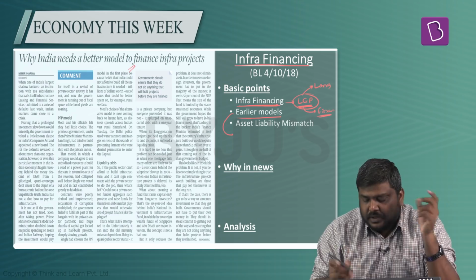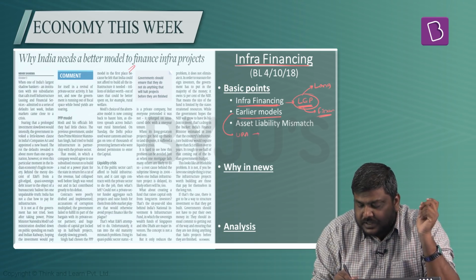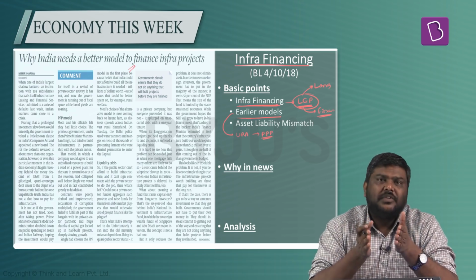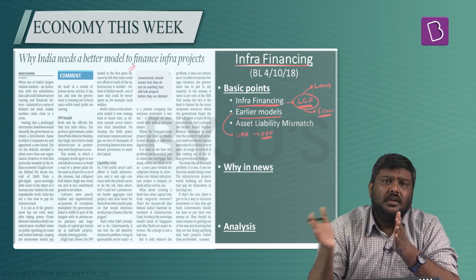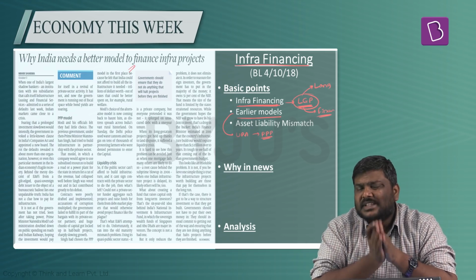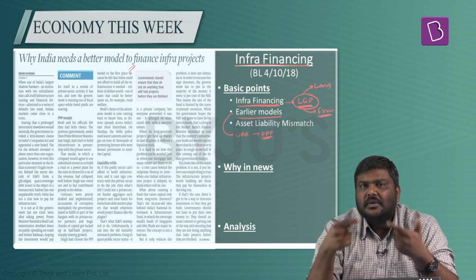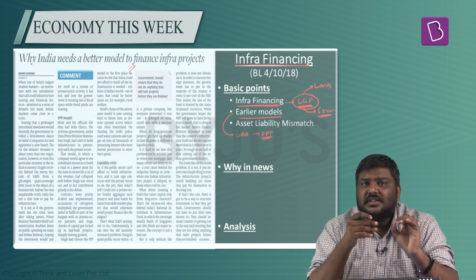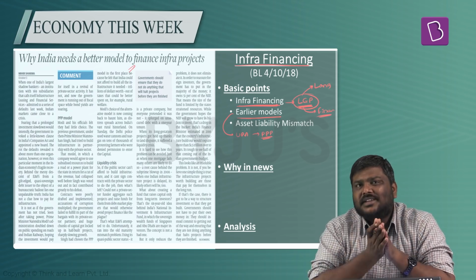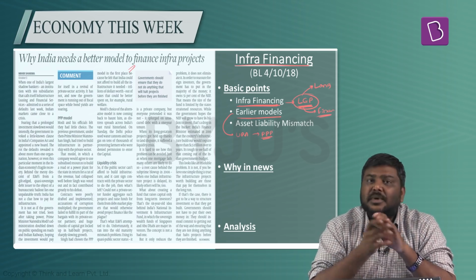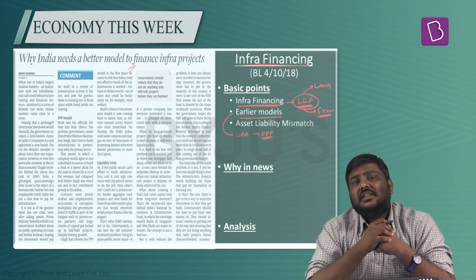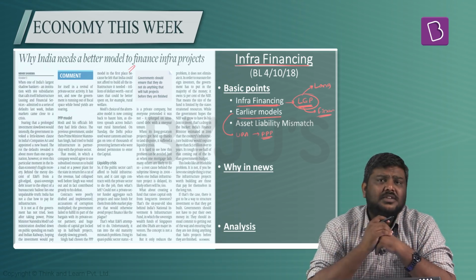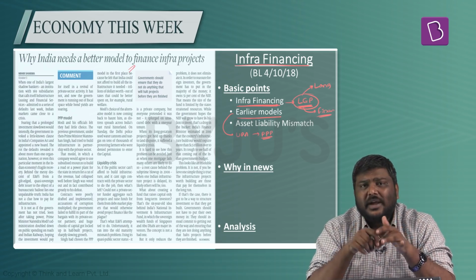Earlier, we saw that the UPA government promoted the concept of PPP, public-private partnership, wherein the Government of India or the Ministry and the private sector come together, sign a model concession agreement and implement the project. This has been very successful in sectors such as the road sector. But in all the other sectors, there have been certain issues with these PPP infrastructure projects, such as large scams which have been unearthed, that is, corruption cases have been filed. The Government of India has not stood by the agreement.